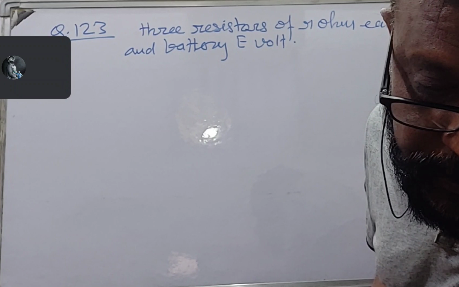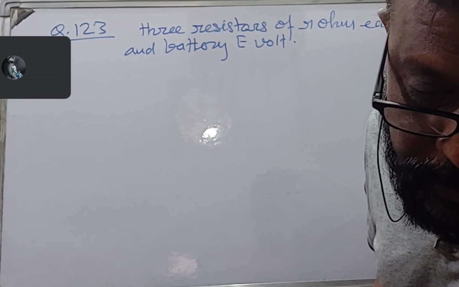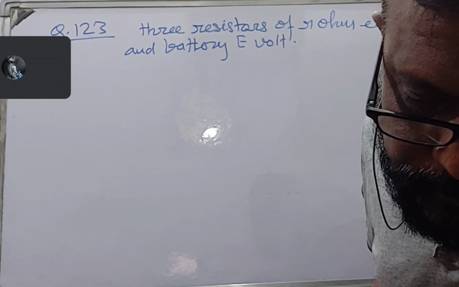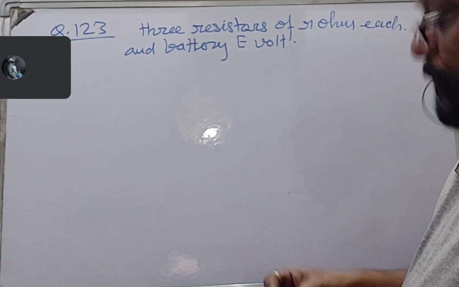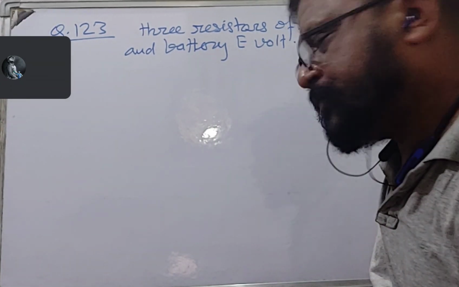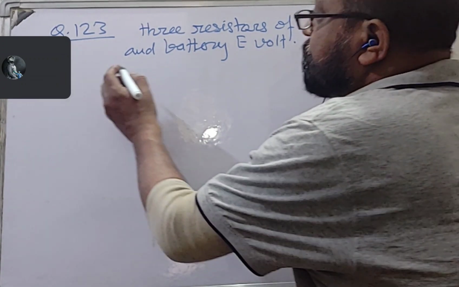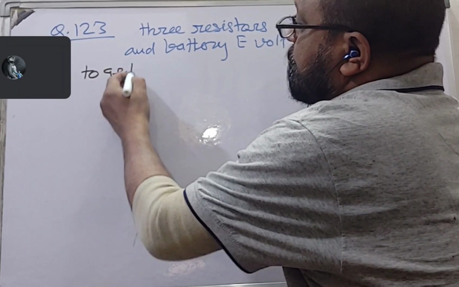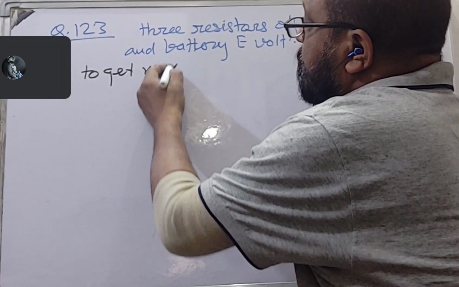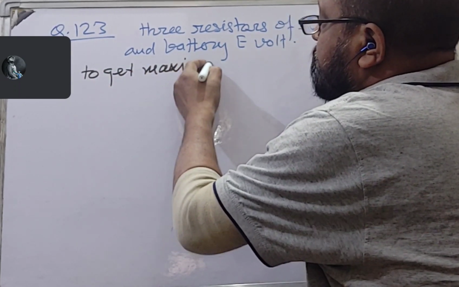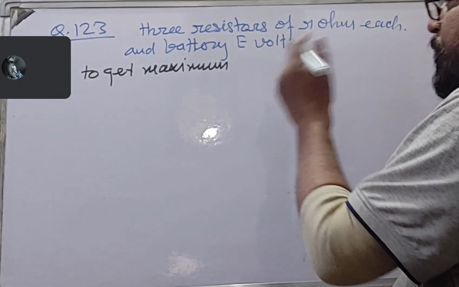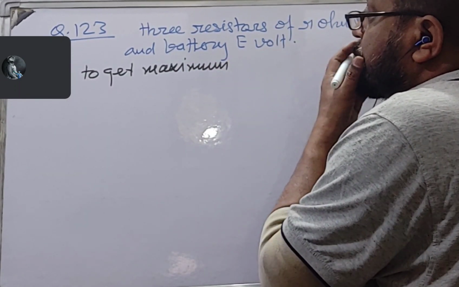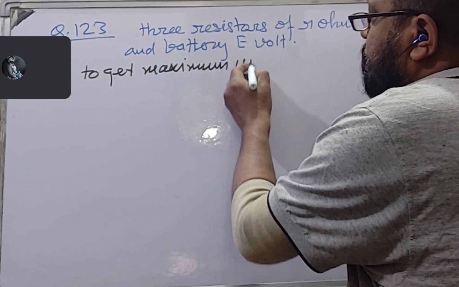How would you connect these resistors with a battery to obtain maximum current? Okay. To get maximum current in circuit